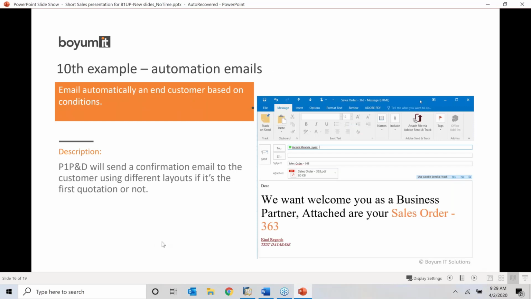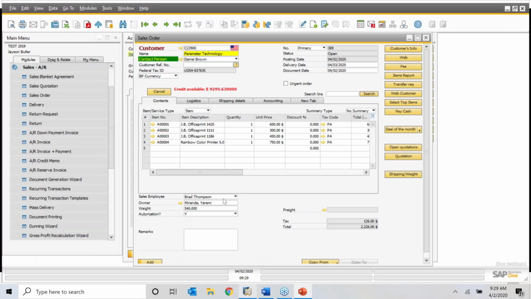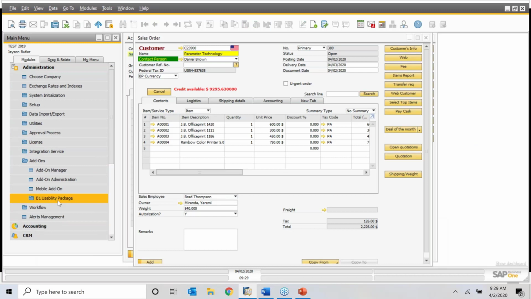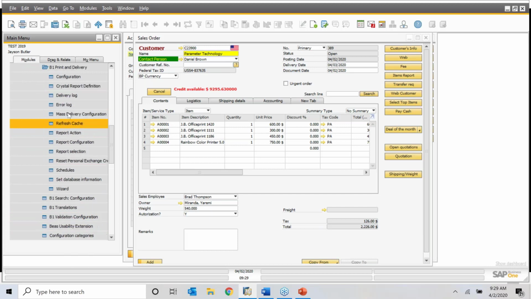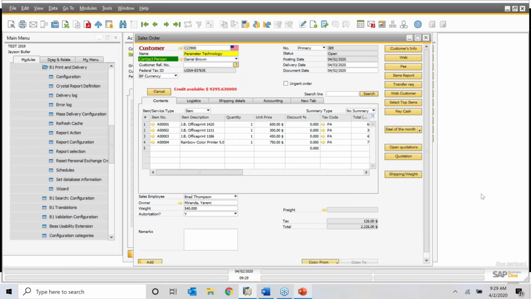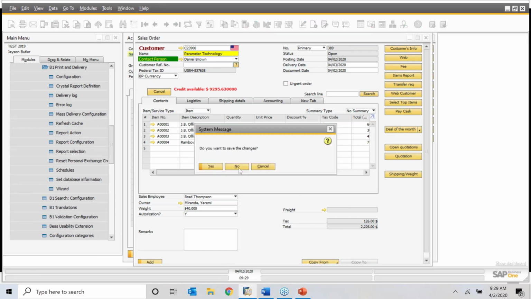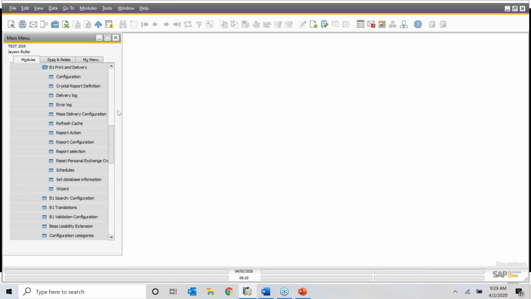Then the 10th one is print and delivery, guys. This is if you have the usability package. Print and delivery is a module within the usability package. If you have it, it's wonderful. I think you should have it. You need a different license, but what you can do basically is, I have my Outlook closed, you can automate your emailing. You can do mass emails,